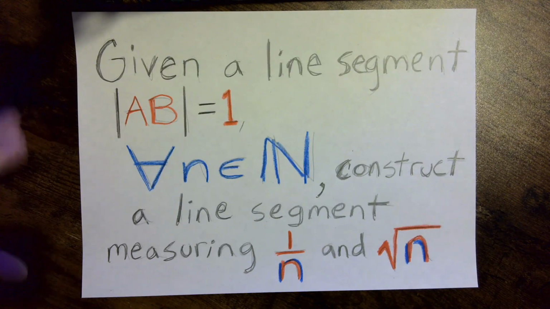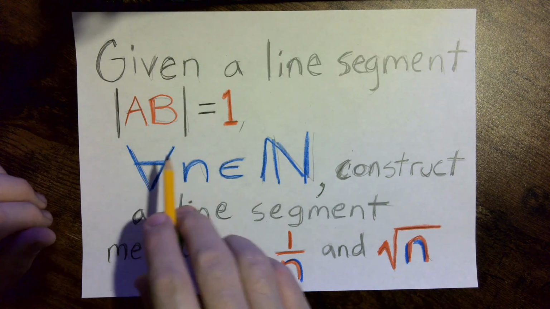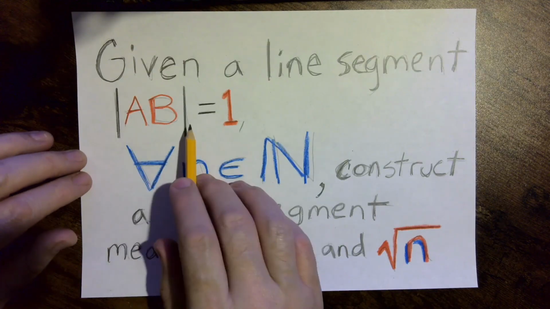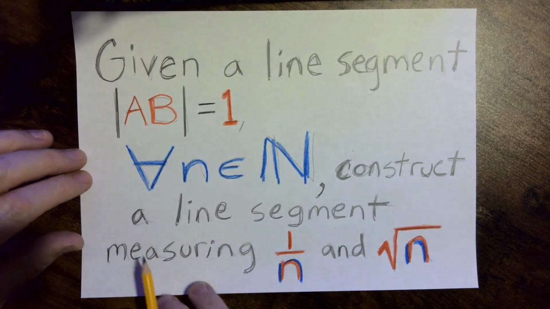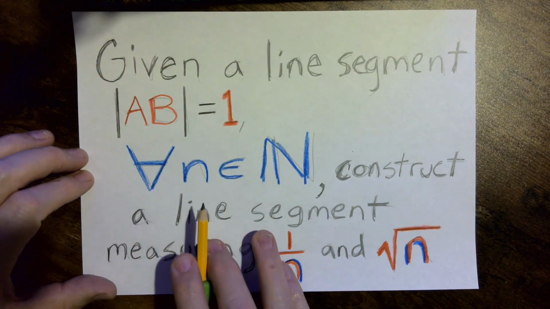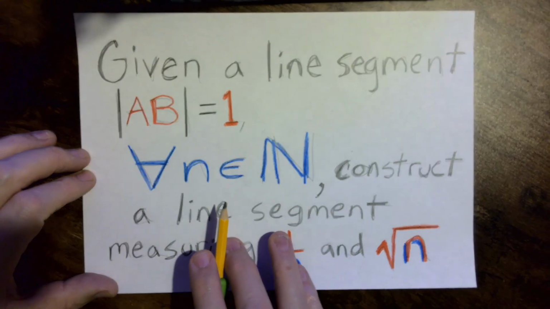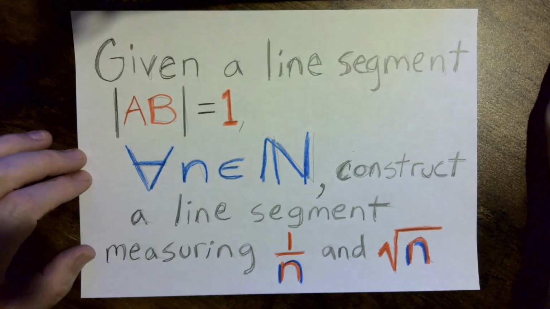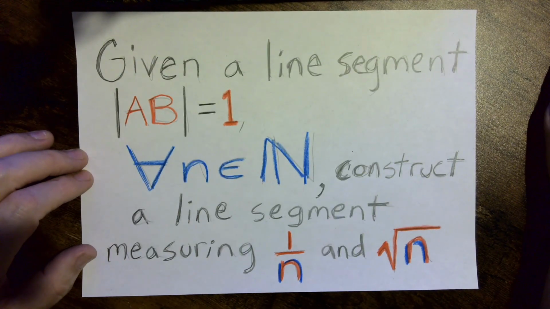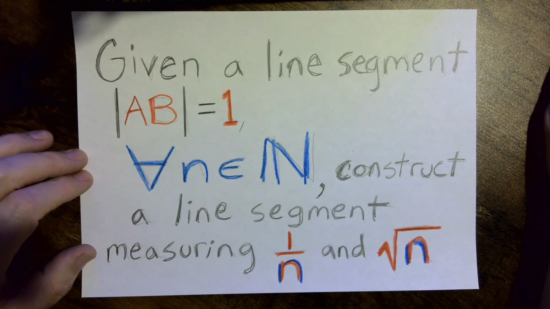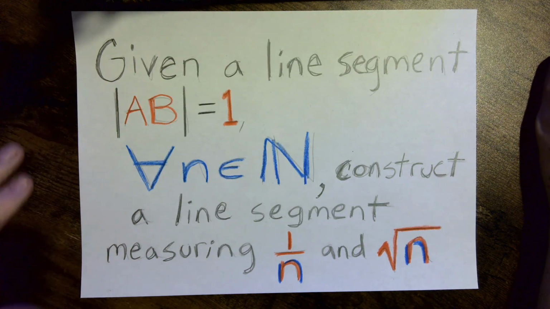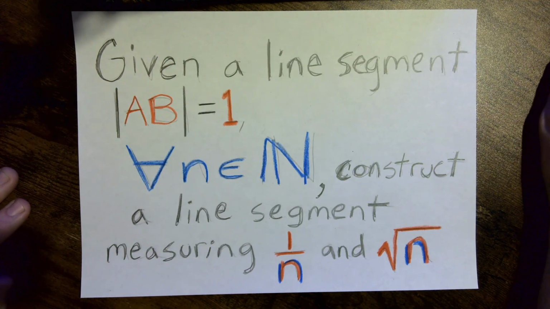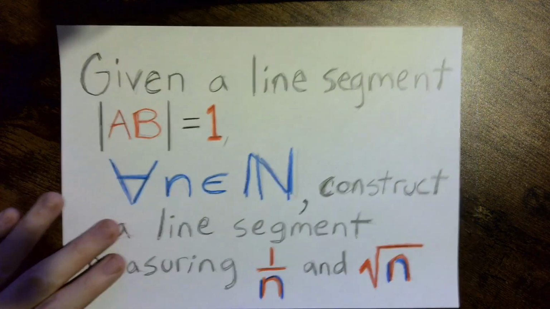Okay, given a line segment AB with length 1, for any n in the natural numbers, construct a line segment measuring 1 over n and square root of n. So that means,